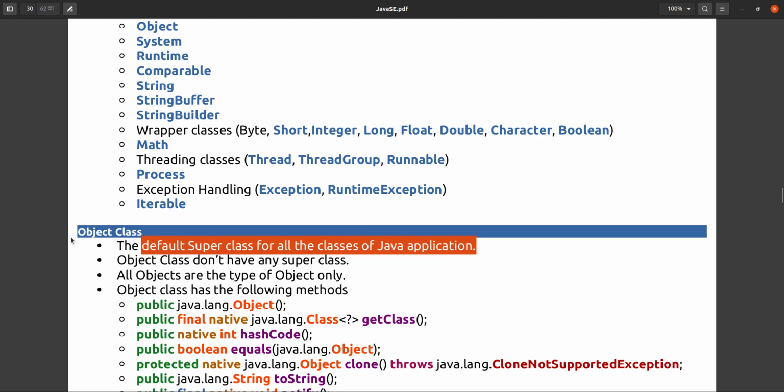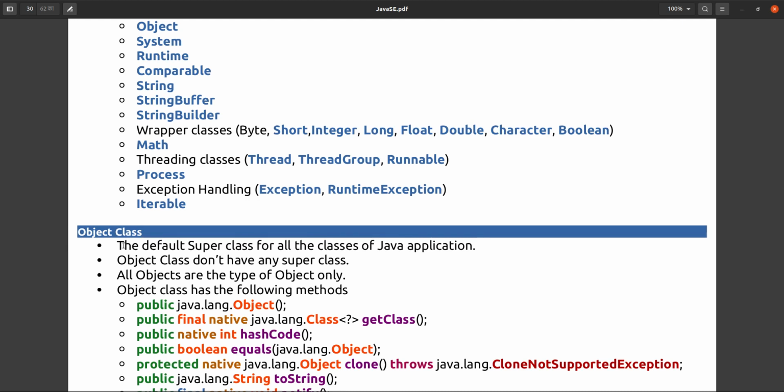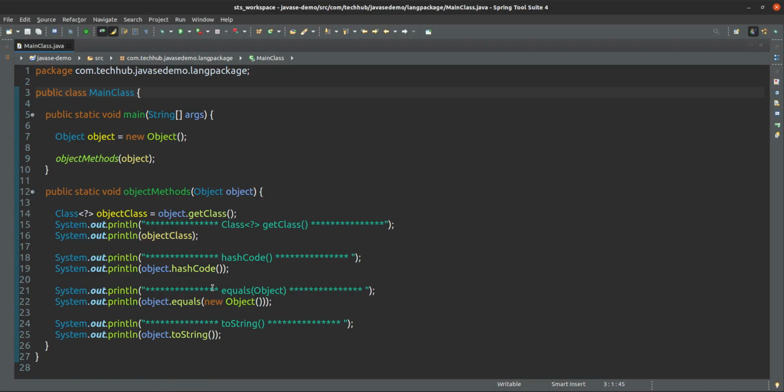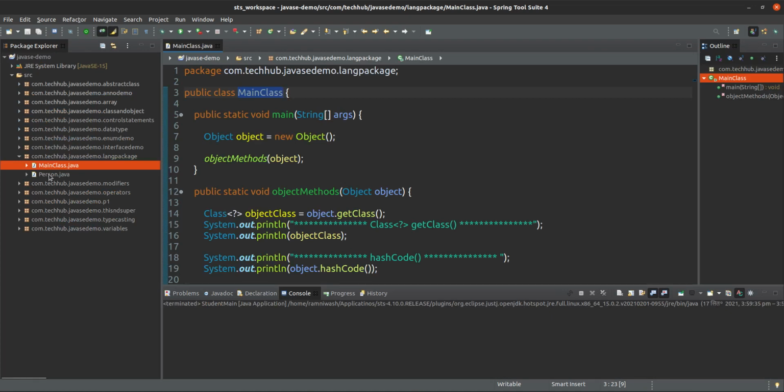Even if you don't write the inheritance relationship, extends object, then also by default this will be the super class for all the classes. Suppose if you see this example, even this is my class, this is also a subclass of object only. And we have created one person class here.